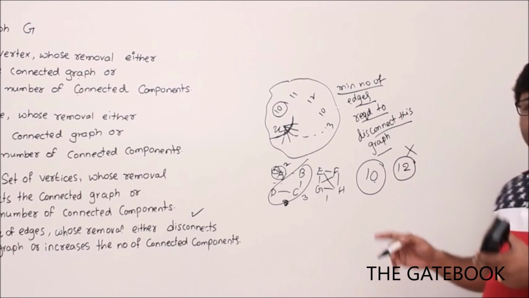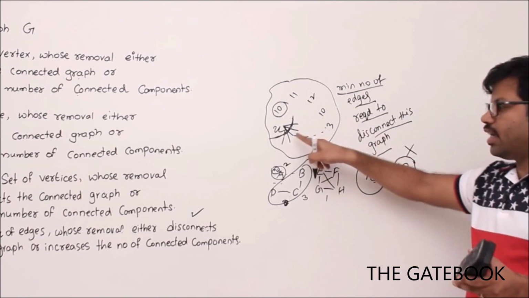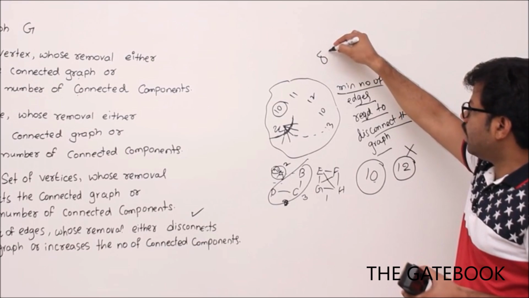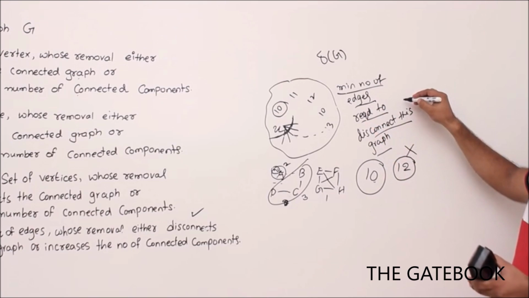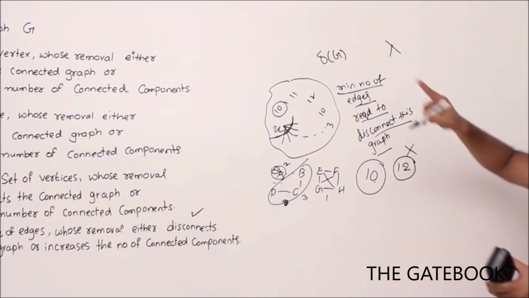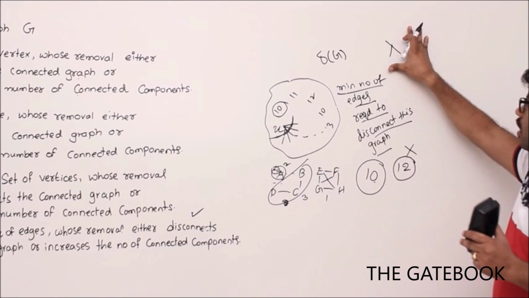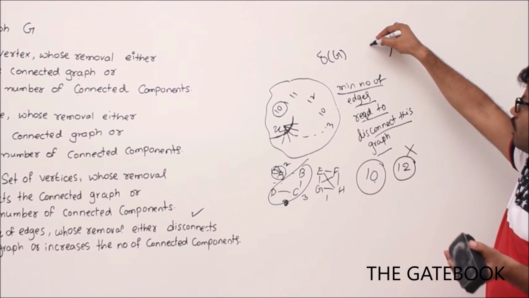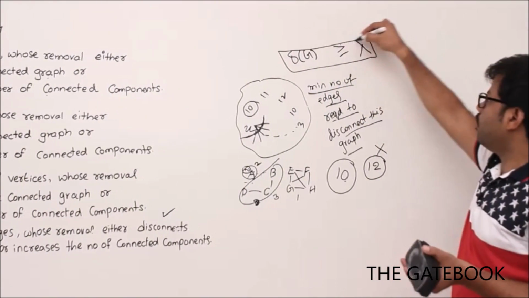So that's why there is a relation between the minimum number of edges required to disconnect any graph and the minimum degree. For example, the minimum degree of your graph is delta of G. Okay. Then the minimum number of edges required to disconnect the graph, let me denote it by lambda. What is lambda? The minimum number of edges required to disconnect a graph. Then that lambda is not more than delta of G, because I can do it with delta G. Then lambda is always less than or equal to delta of G. This is one important point you should remember.